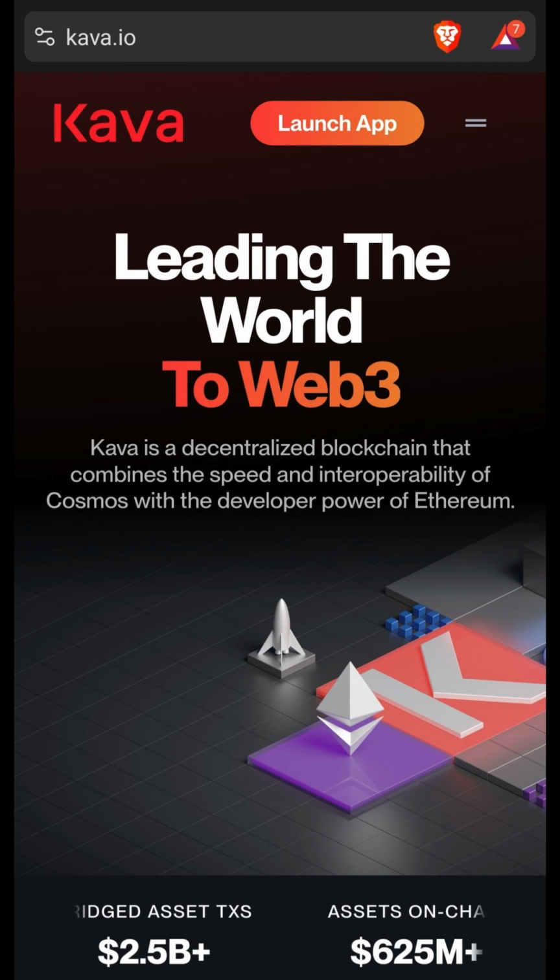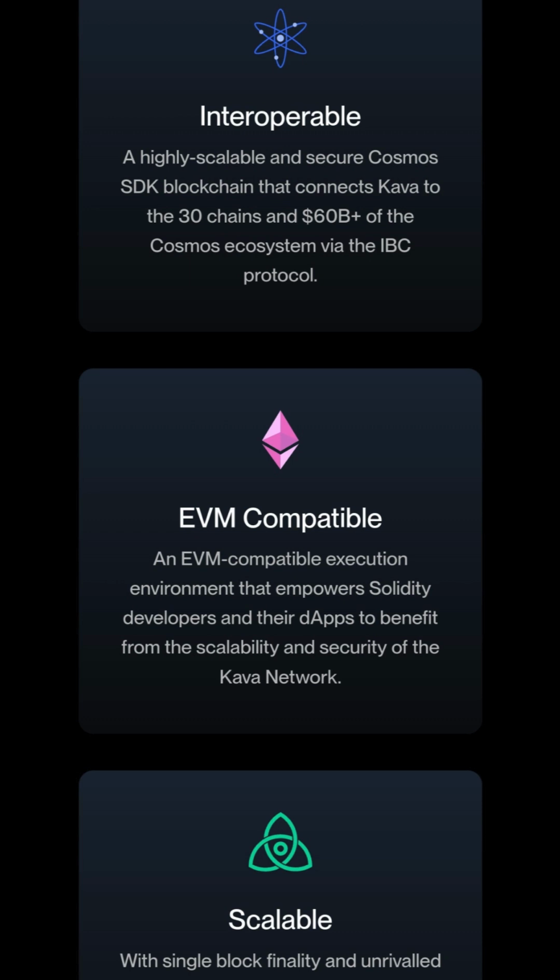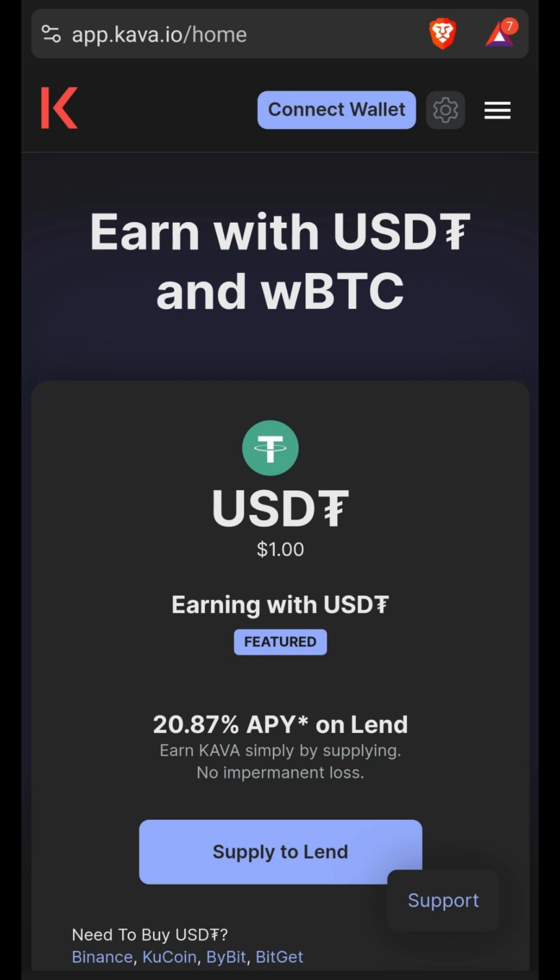If you've spent any time in Cosmos DeFi, then you are familiar with Kava. It's one of the original DeFi ecosystems within Cosmos and also one of the first EVM-compatible DeFi chains, so Ethereum users can bring their assets over from Ethereum to trade within the Cosmos. The platform allows users to mint, lend, borrow, swap, liquid stake, do all kinds of different strategies to generate additional